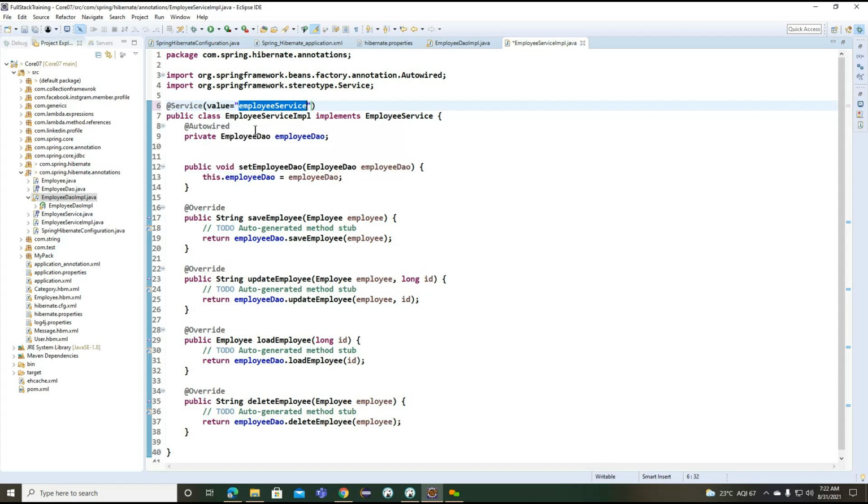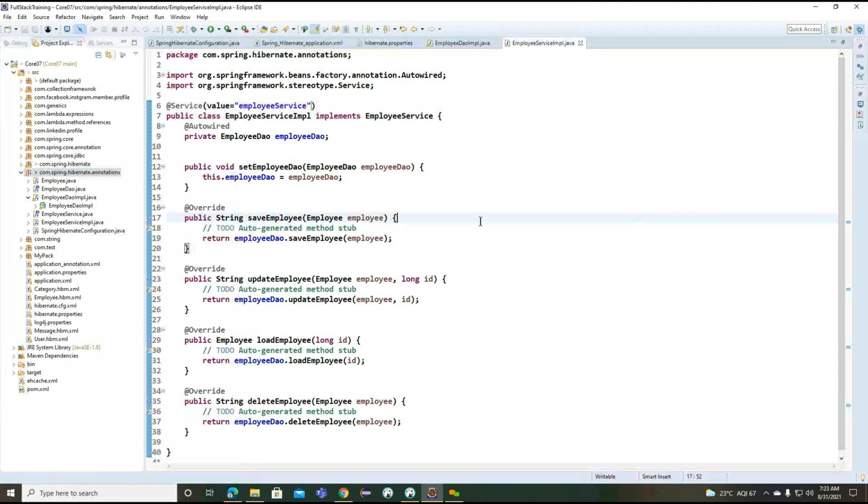Based on this particular name, the object is going to be created. Based on this value name, the Spring container object is created. We'll see how these objects are going to work. Now the service classes and DAO class we created.